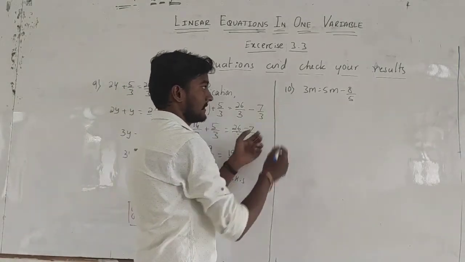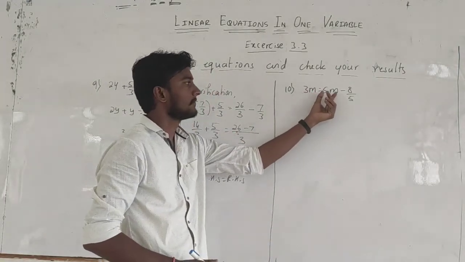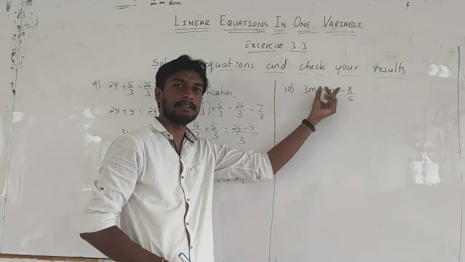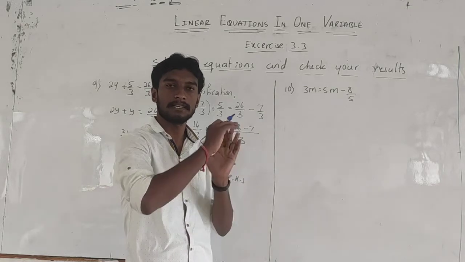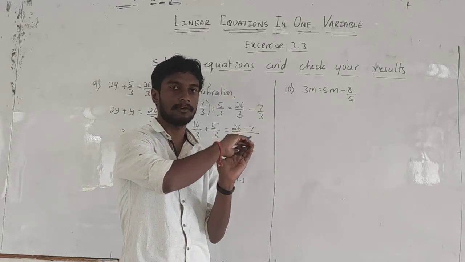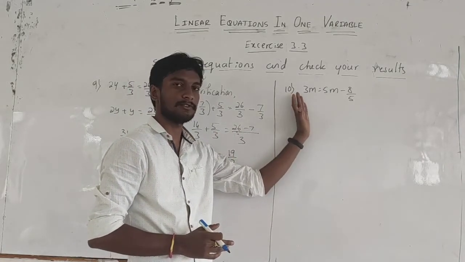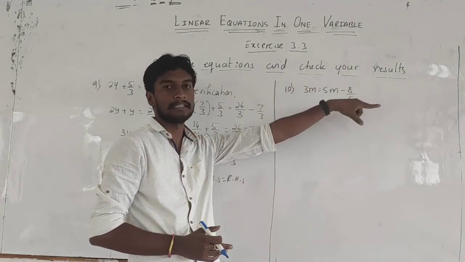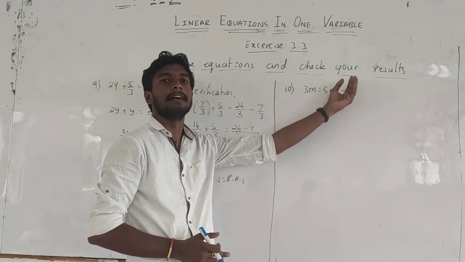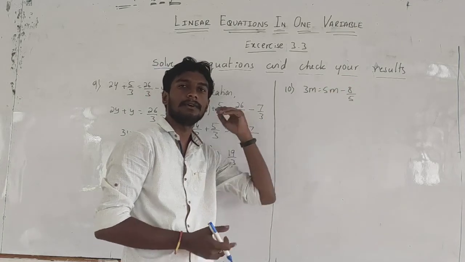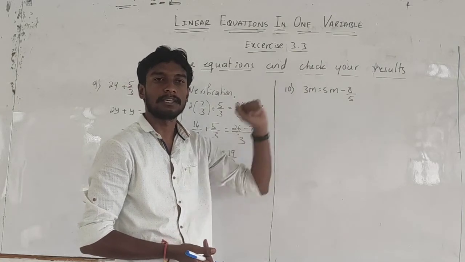In the last one, m you have to make one side. Here observe 3m, 5m. In the LHS we are having 3m, in the RHS we are having 5m. While you are solving these type of problems, better you have to take a variable having less coefficient to the variable having the more coefficient. It means here less coefficient is 3m, that you have to move to right side. Suppose if this right side term having a variable less coefficient, that you have to bring it to left side. But here left side is having a less coefficient, that you have to move it to right side.